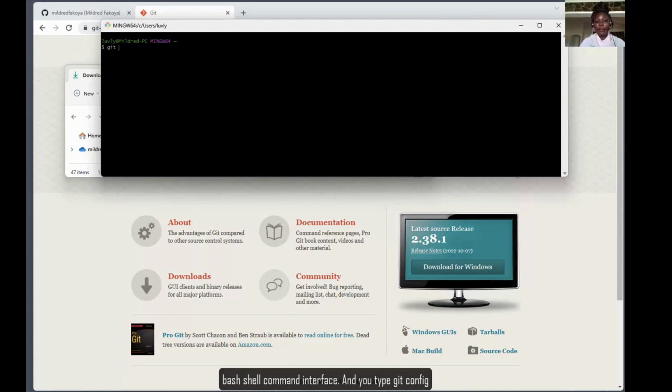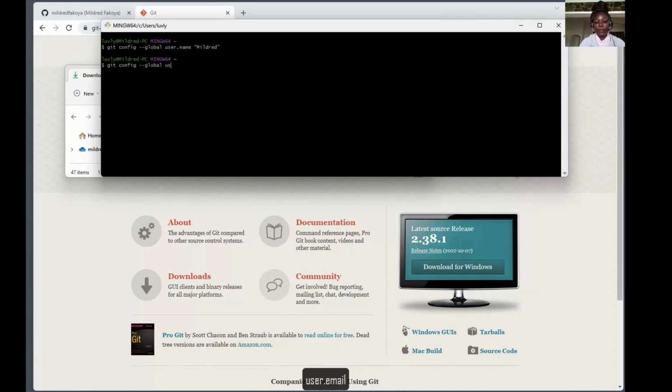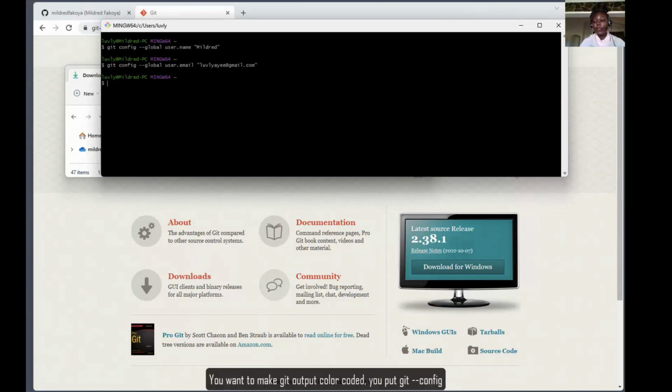And you type git config --global user.name, and then in a pair of quotes you put your name. You want Git to know your email. git config --global user.email, and then you type in your email. You want to make Git output color coded. You put git config